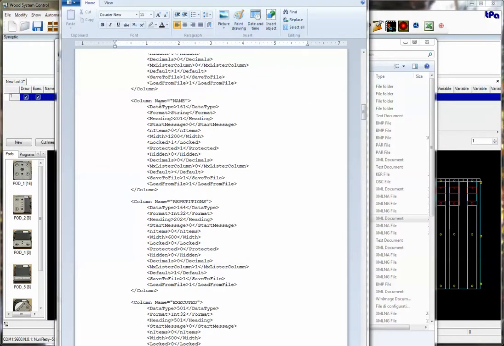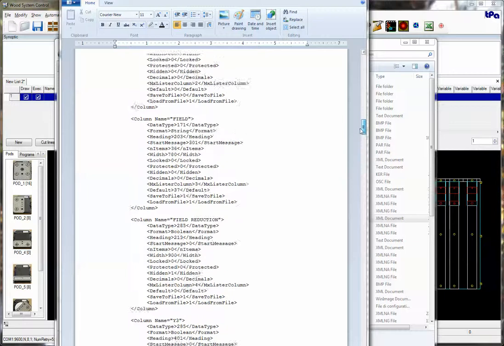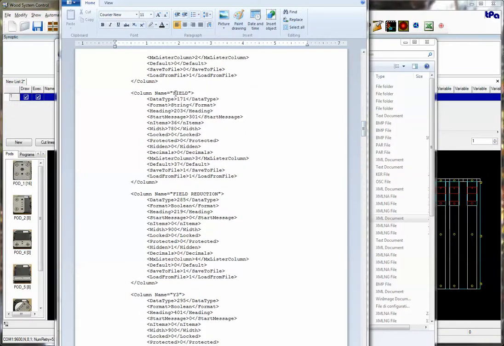These are the different columns that are defined, but we're looking for one not called name or repetitions, but called field. You could also just use your search box, but here we are. Here's the section we need to be in, and look for the default section. You can see here it's defined as number 37, and if we want that to be the third field in the list, which was the S field, then we just change that number to a 3. Be careful not to disturb any of the characters on either side of the number. Save the file,